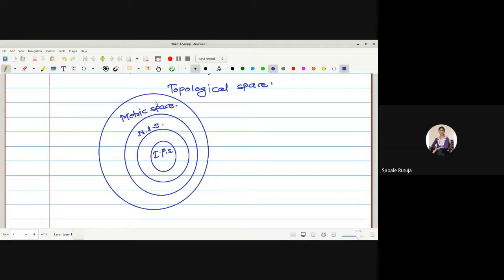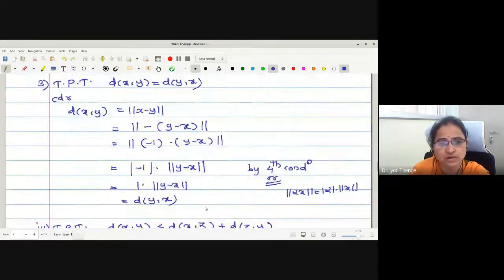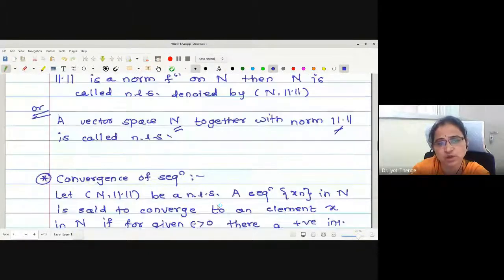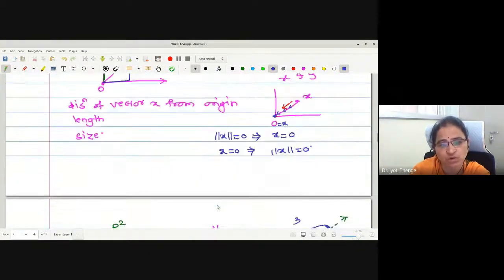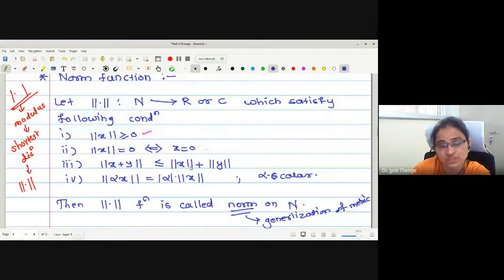Let us stop for today. If you have any difficulty in today's lecture, you can unmute yourself and ask me. We have seen only some 2-3 definitions in normed linear spaces. First, we have seen what the concept of norm is. Understanding this concept is important. You may forget 1 or 2 theorems, not a big deal. But you are not allowed to forget the concepts, the basic definitions, the meaning of every condition used in the definition. If you still have doubt, you can ask me.